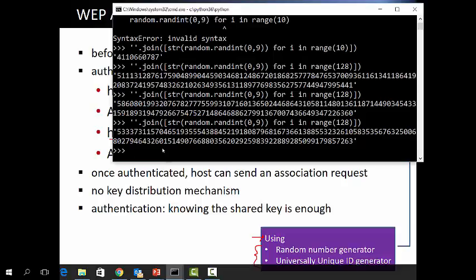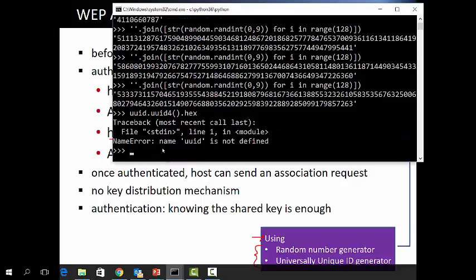For example, uuid.uuid4().hex returns a value. It's not defined, so we need to import uuid.